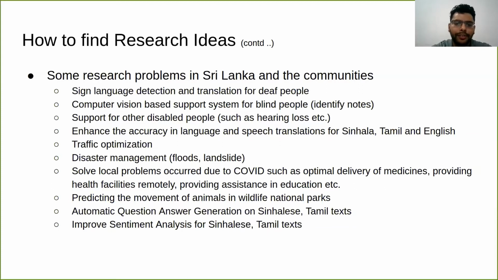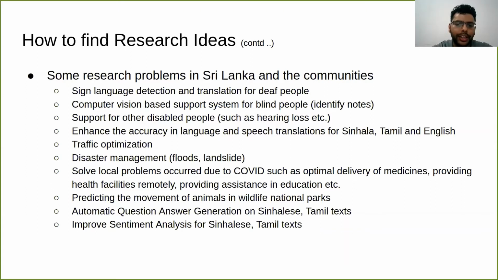So we can have a computer vision system where they just take a picture of that note, and the system will say that it is a 100 rupees note. This is just one idea. I think there are systems like this, but just to give you an idea of different research areas that you can look into.